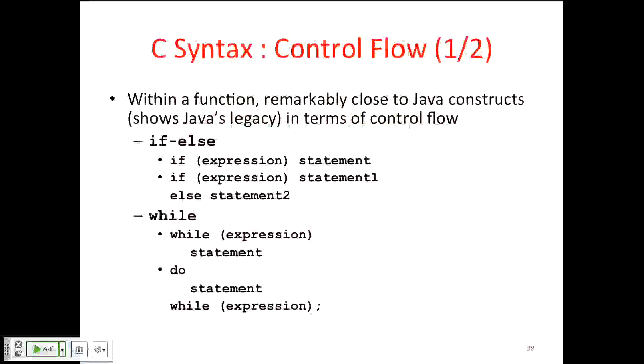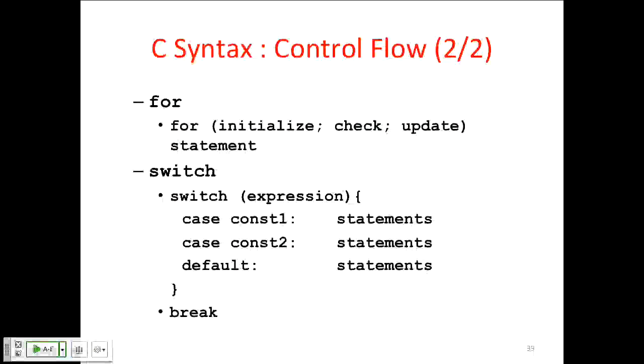So control flow, basically you can see, if you're familiar with Java, it's very similar because Java basically copied all the C control flow constructs. So, if then else, if else, while, do while, for, which has 3 components. You initialize the variables here, you check the exit condition here, and then you update for each iteration in the last component here. There's a switch statement which takes an expression, and then based on the value of this expression,